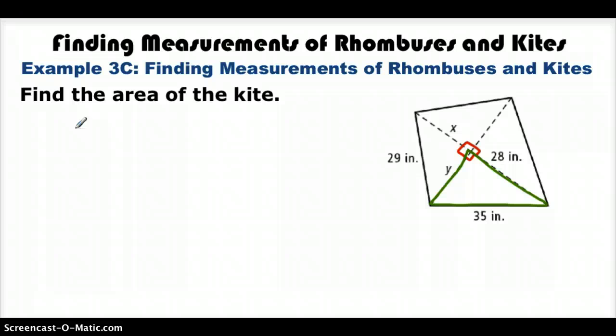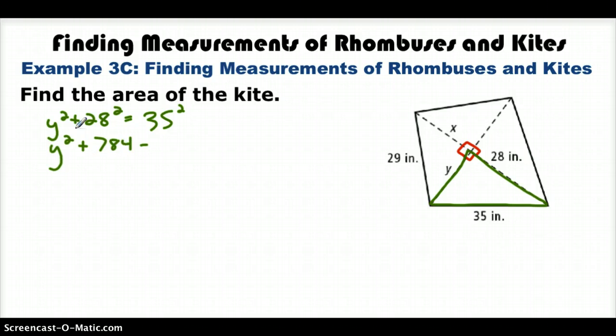So y squared plus 28 squared is equal to 35 squared. I'm going to grab my calculator here and figure out what 28 squared is. 28 squared is 784. So y squared plus 784 is equal to 35 squared, which is 1,225. I'll now subtract 784 from each side to get y squared equal to 441. And I'll take the square root of each side to find out that my value of y